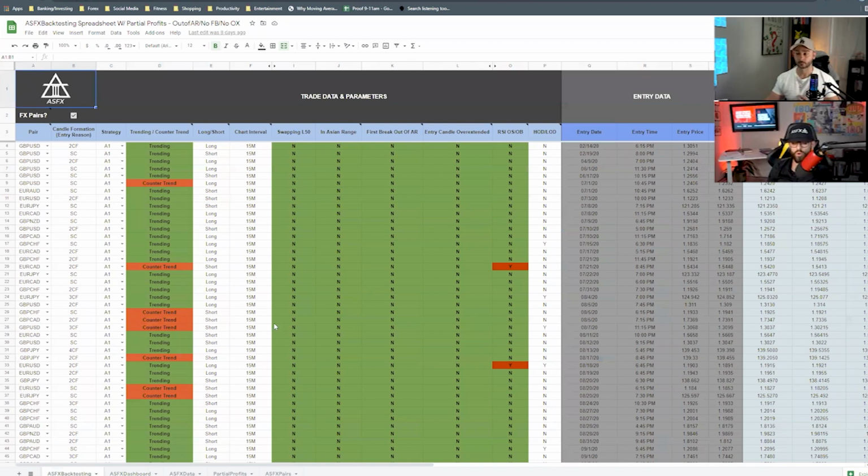It makes sense. So what I'm most interested in, as far as being selective, is if you were trying to coach an individual trader with the coaching calls that you've been doing, what would be the first parameter you would tell people to take out of their trading, or don't do it unless it's this? Would it, of course, be don't trade a swapping liquid 50? Exactly. That would be it. And then I'd follow it by don't trade overextended entry candles. Okay. And then I would follow it by only trading price action out of the Asia range.